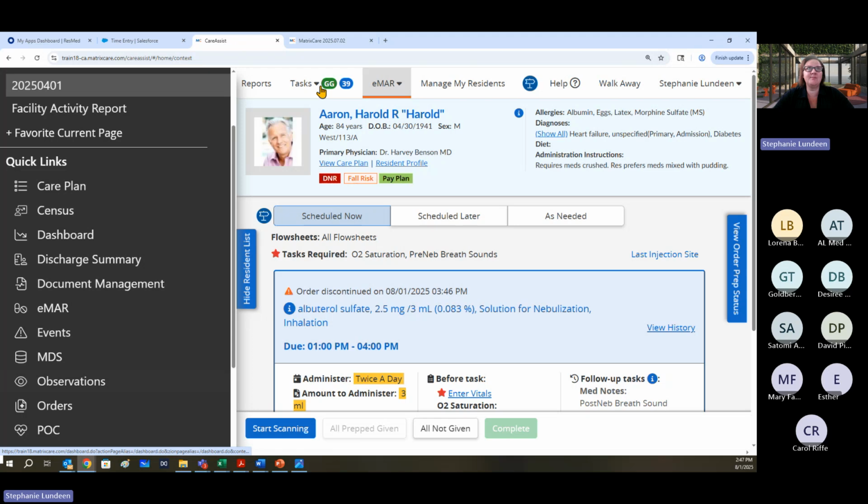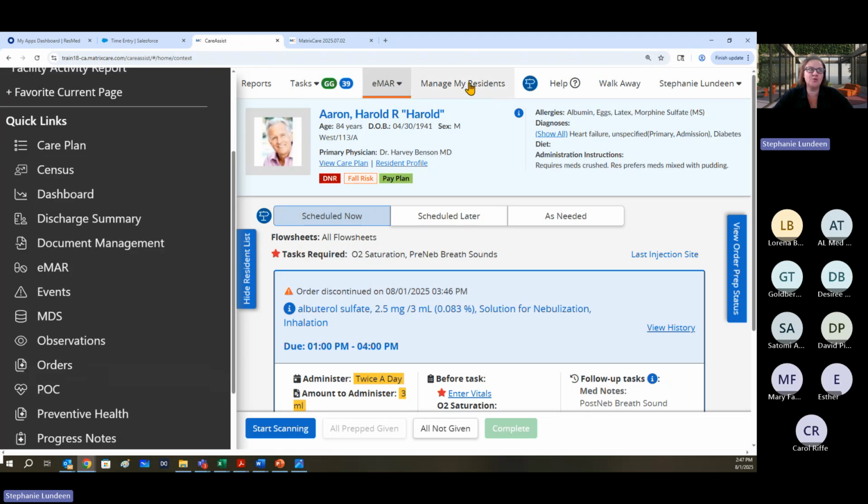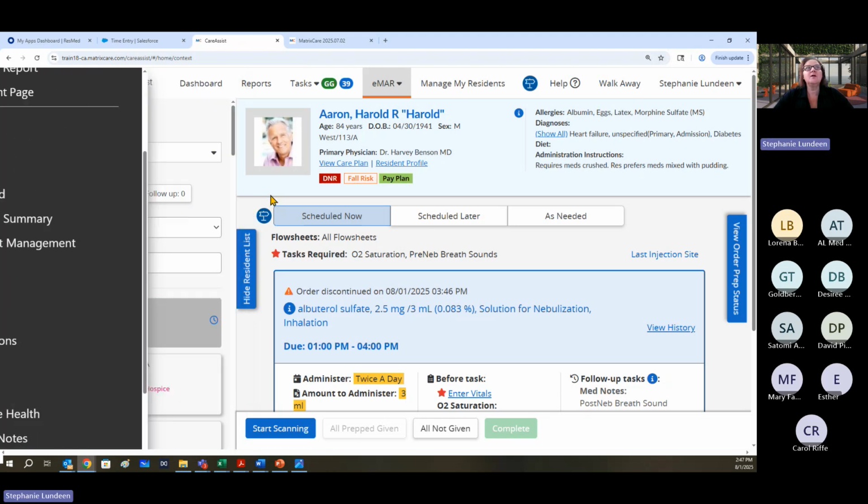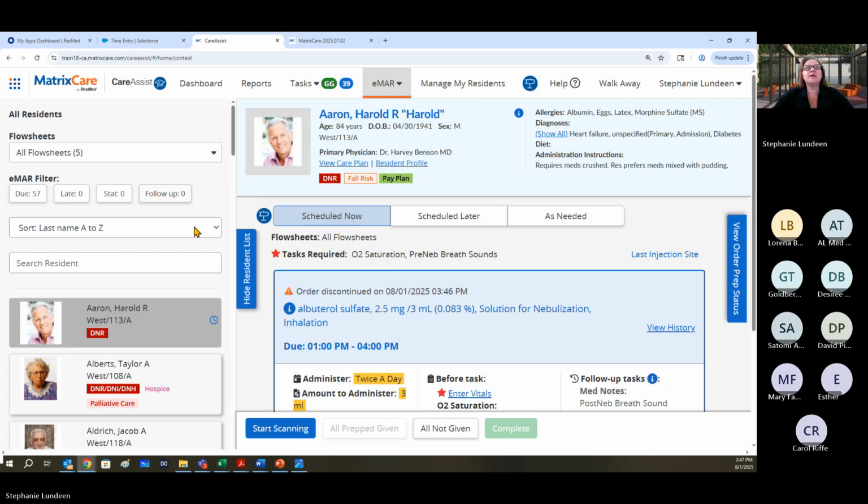So think of this as the tabs at the top for resident orders, resident progress notes, resident preventive health. Now you can do all that from the launcher. Okay. And so we talked about the active orders, and here's a display now that I discontinued an order